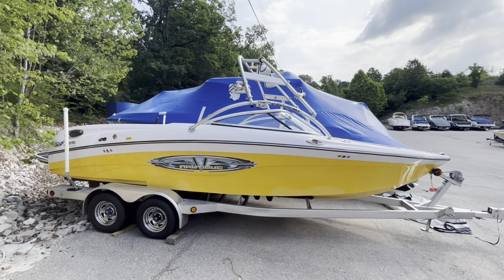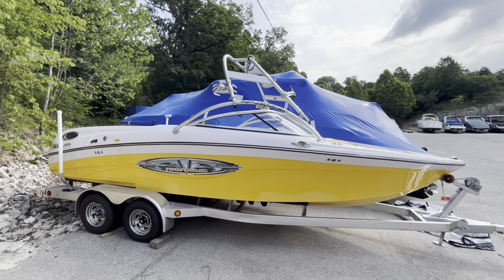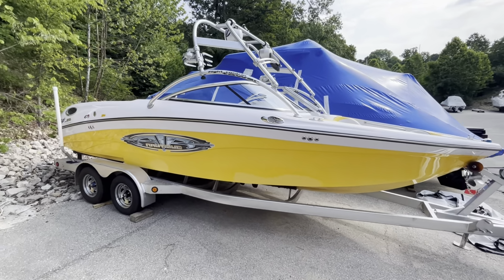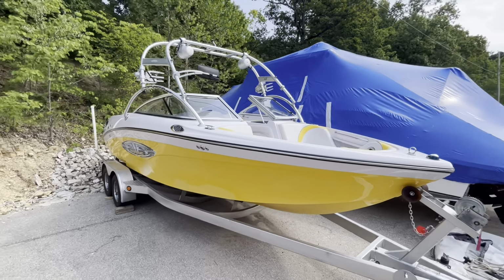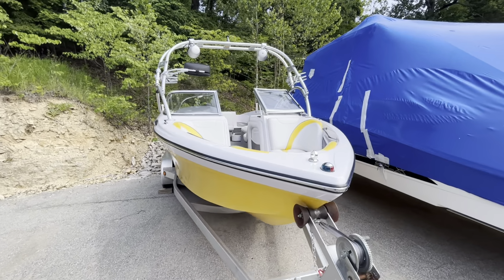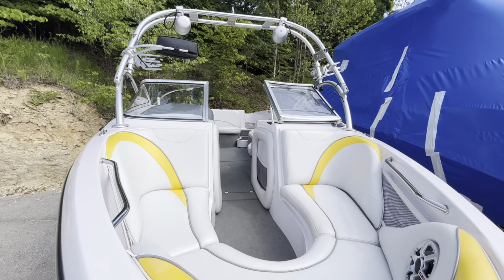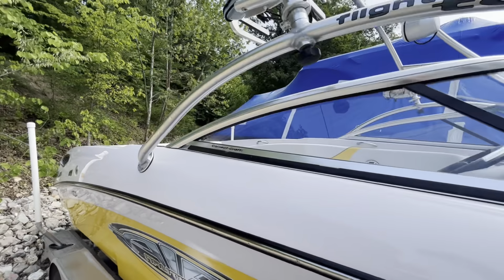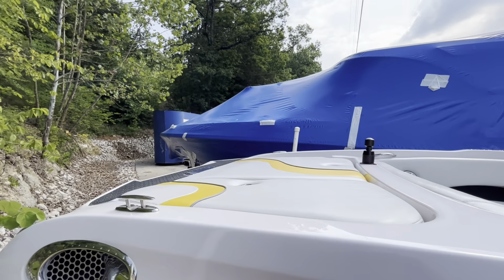We're here looking at our new trade, a 2005 Air 226 Team Edition Nautique. This is the yellow and white, has a tandem maximum trailer that comes with it, swivel board racks, Roswell tower speakers, ski mirror. As you come around, you can see got the white and yellow interior. It's got the Monsoon 375 engine in it, ski tow bar,